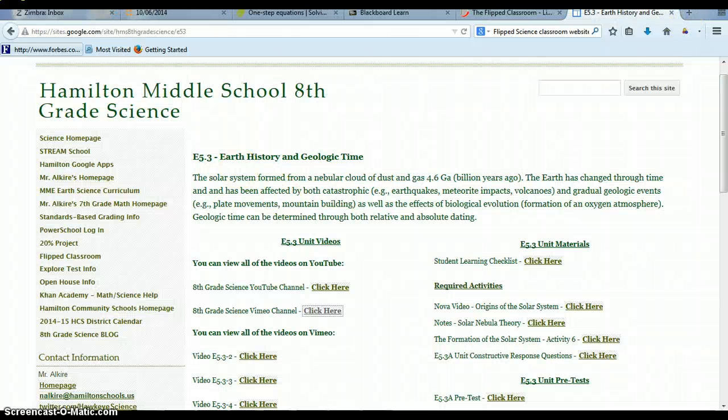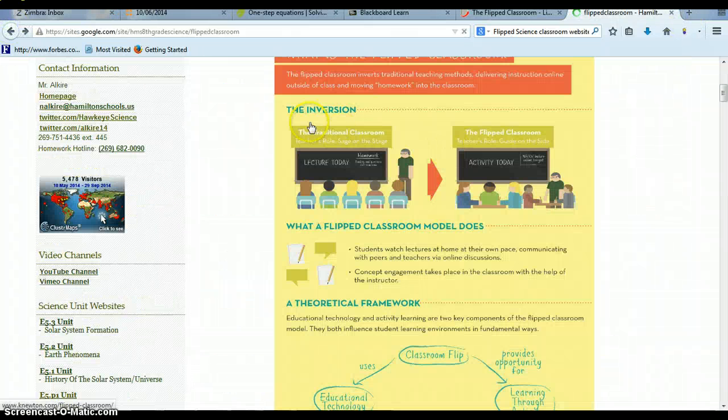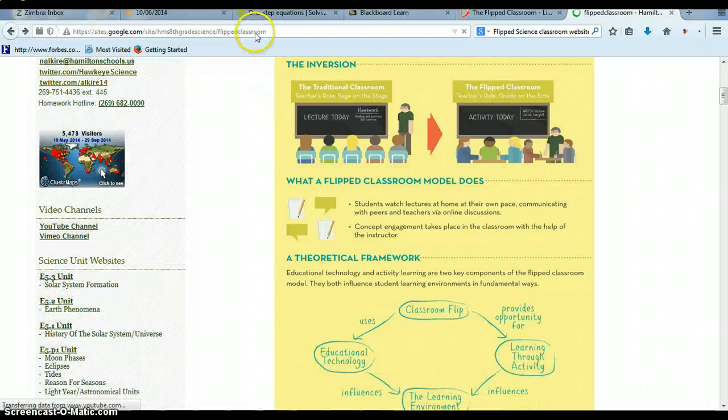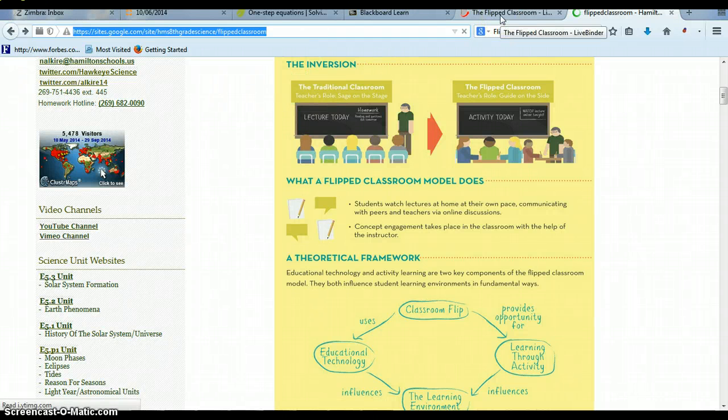Let's say that I want to just get this main page here so that you can see everything that they're offering, because there's a neat graphic here and stuff like that. So what we'll do is we'll go up here, copy it, and I want to link this to my Livebinder. There'd be a lot of reasons that you want students to see a page, maybe there's just a page you want them to see and you don't